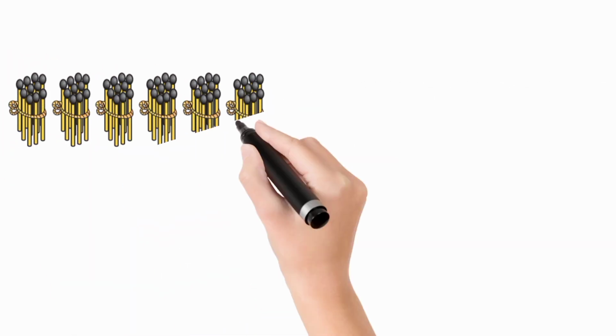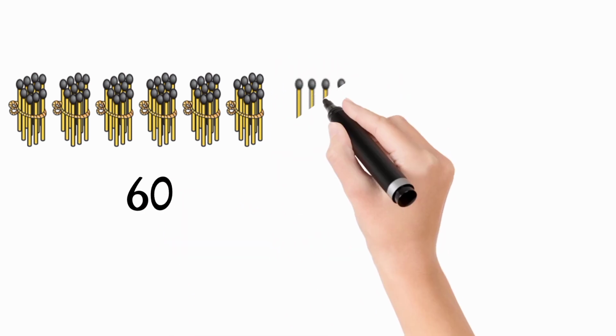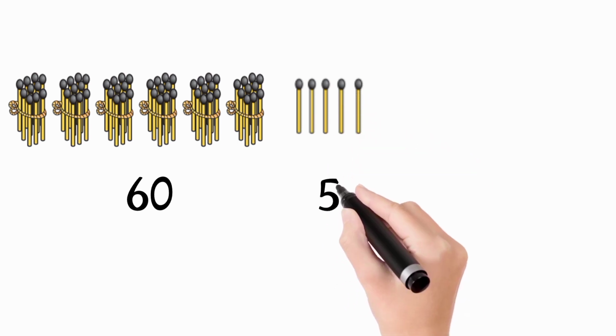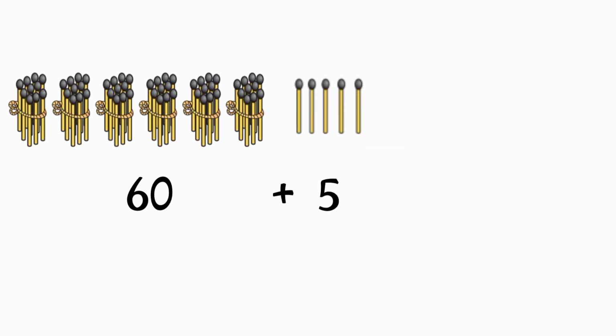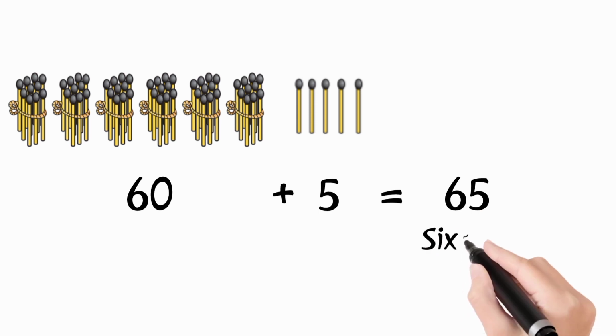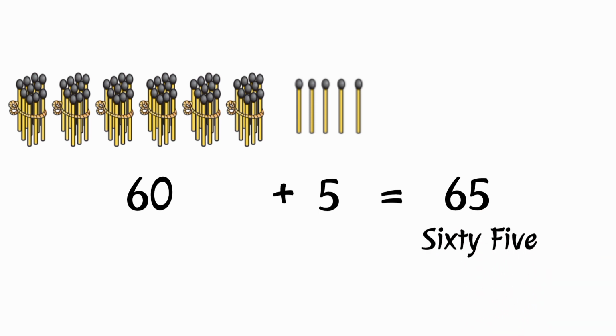We have 6 bundles means 60 and 5 loose matchsticks. So 60 plus 5 is equal to 65. 6 tens and 5 ones, 65. इसे 65 कहते हैं।